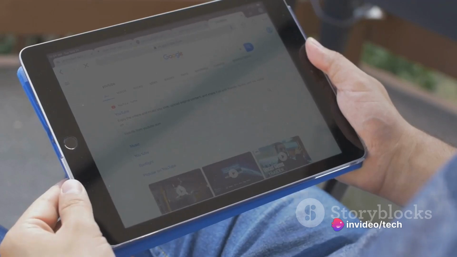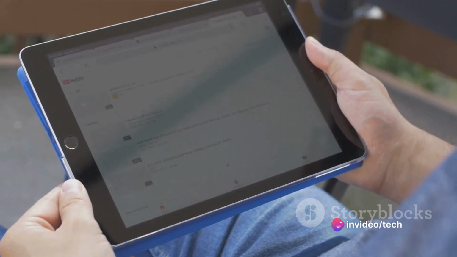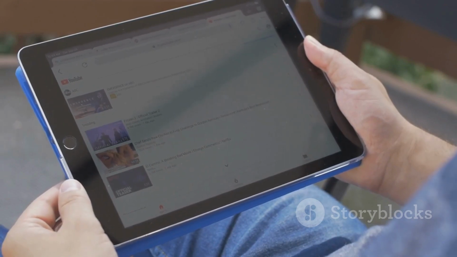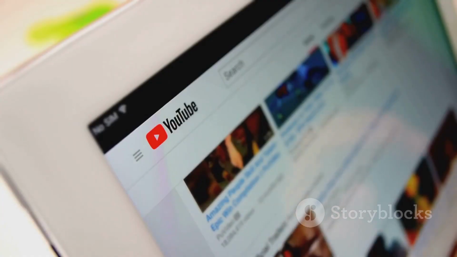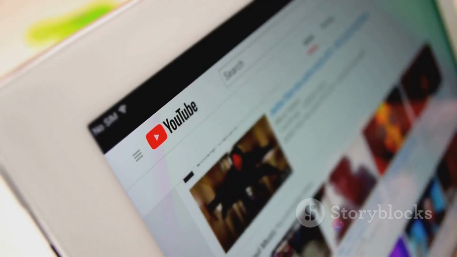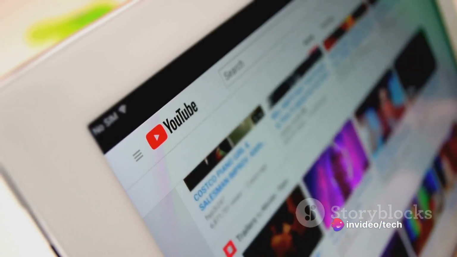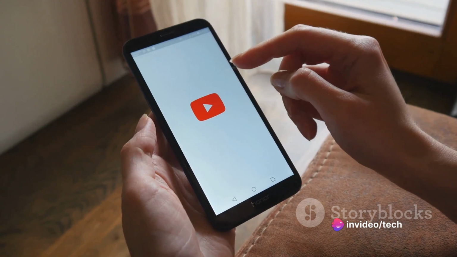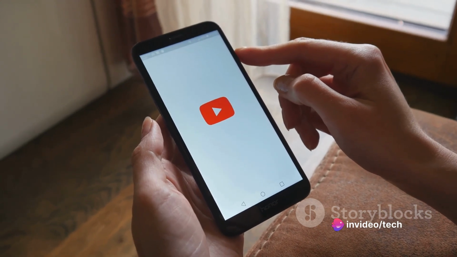So there you have it, folks. That's the DNS Server Method in a nutshell. It's a simple yet effective way to enjoy your favorite YouTube content without any disruptive ads. This method doesn't require any additional apps or tools, just a few tweaks in your phone's settings. But remember, this method is specific to the Wi-Fi network you've set up. If you connect to a different network, you'll need to repeat the process for that network too. Now, whenever you connect to that Wi-Fi network, your phone will use the ad-blocking DNS server, filtering out YouTube ads